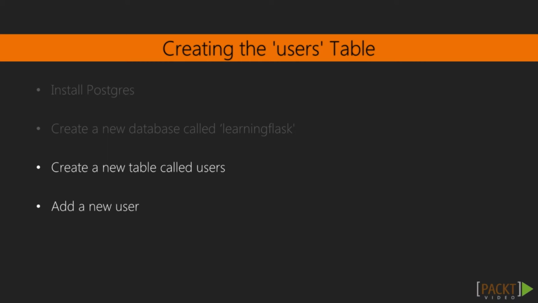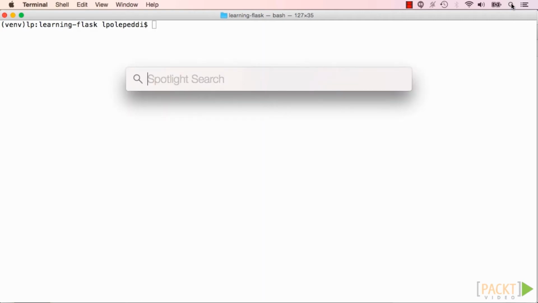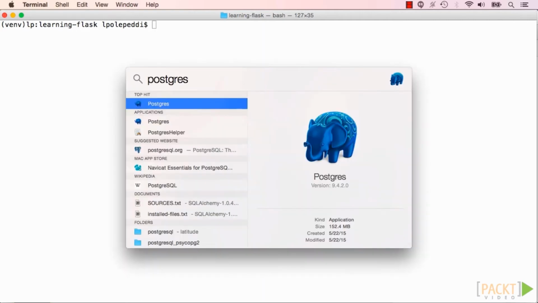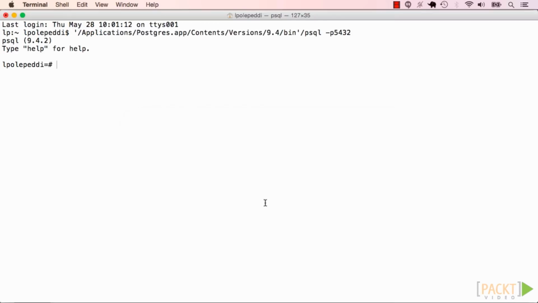Flask provides hash functions that we'll use to make this pretty straightforward. Start your Postgres server. Depending on the installation you used, the startup step will be slightly different across different installations. I downloaded Postgres app, so I'm going to open this app and open PSQL. And this opens up a new terminal window for me called PSQL where I can interact with